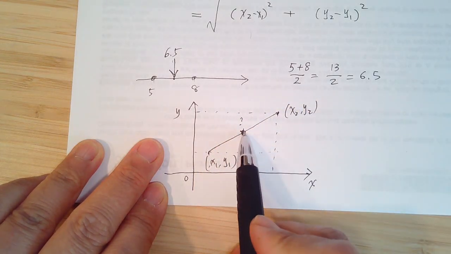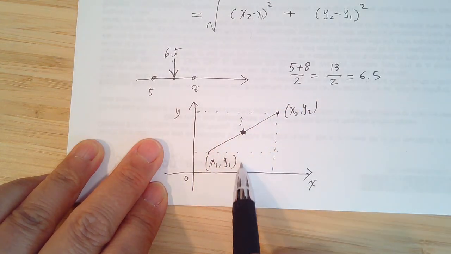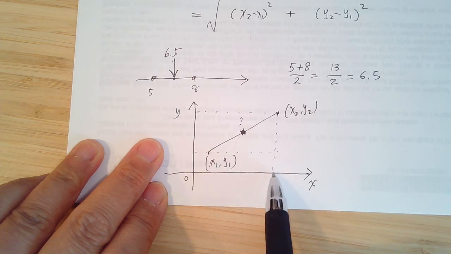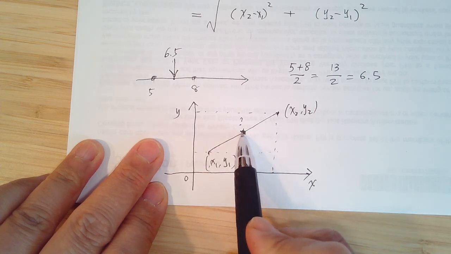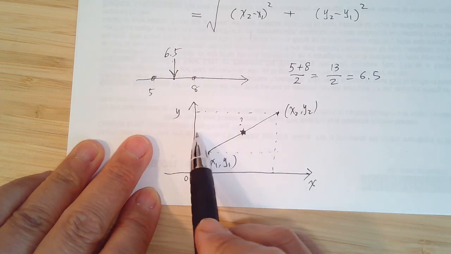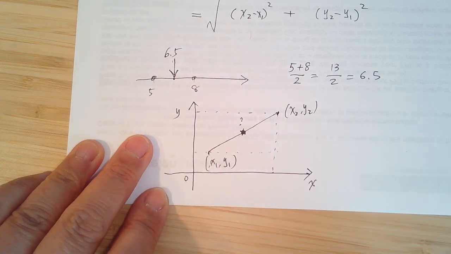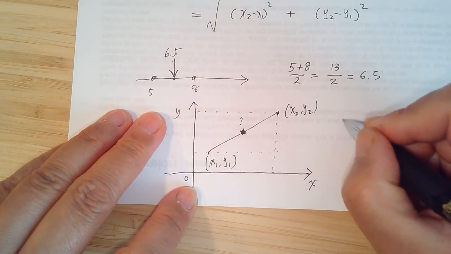Did you see that the x coordinate of this midpoint is right in the middle between x1 and x2? And the y coordinate of this midpoint is here. It's right in the middle of y1 and y2. Therefore, the midpoint